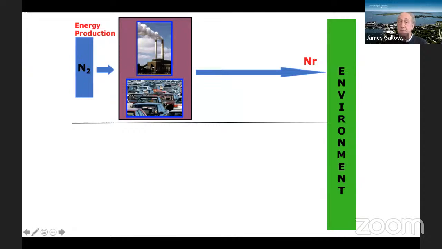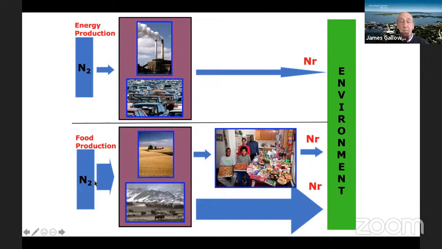You burn fossil fuels, and all of that reactive nitrogen goes into the environment, directly emitted into the atmosphere. This is reactive nitrogen created by accident, just like CO2 is created by accident. Food production: here we have N2 in the atmosphere, using cultivation-induced biological nitrogen fixation and the Haber-Bosch process, we're able